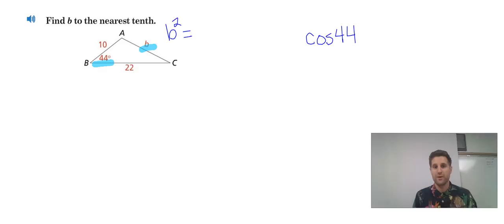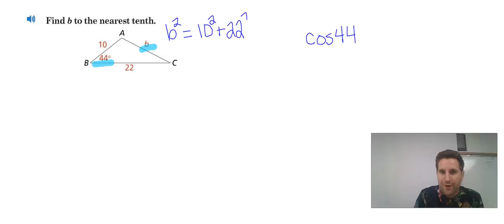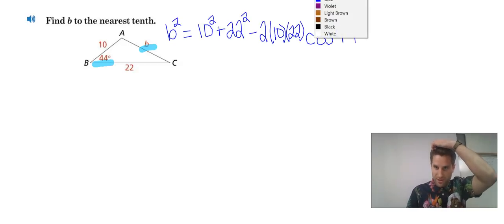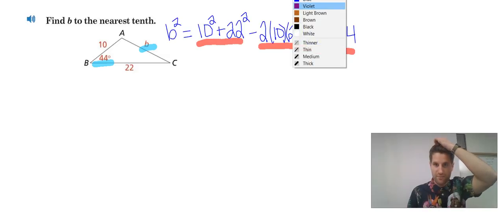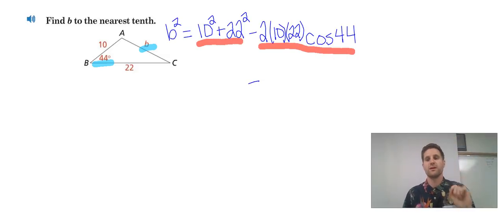Now, like I said, we're going to take the other two sides, so it's going to be 10 squared plus 22 squared, and again, it doesn't matter the order here, minus 2 times 10 times 22. Now, this is where Mr. Smith gets kind of particular here. Mr. Smith likes to evaluate this piece and this piece separately, reminding him to subtract those two items at the end. So grab your calculator, and I'm going to do 10 squared plus 22 squared,